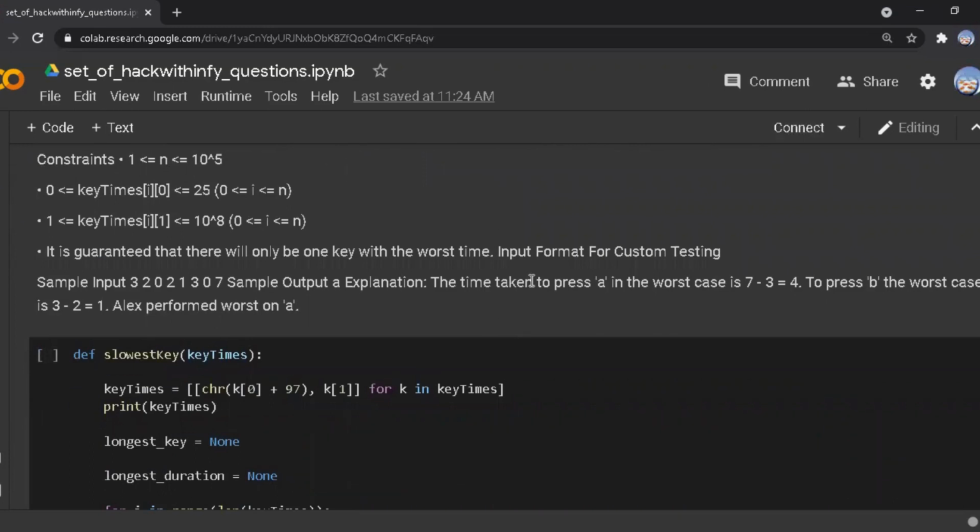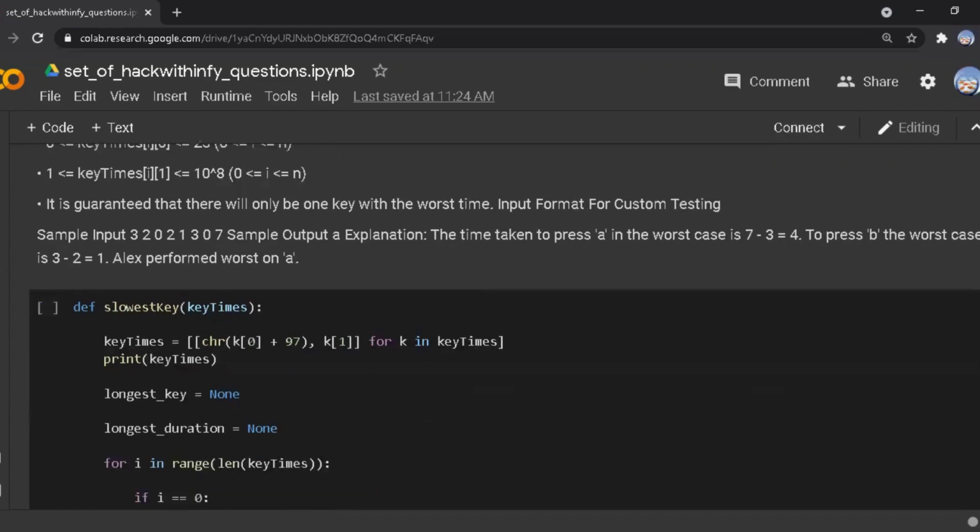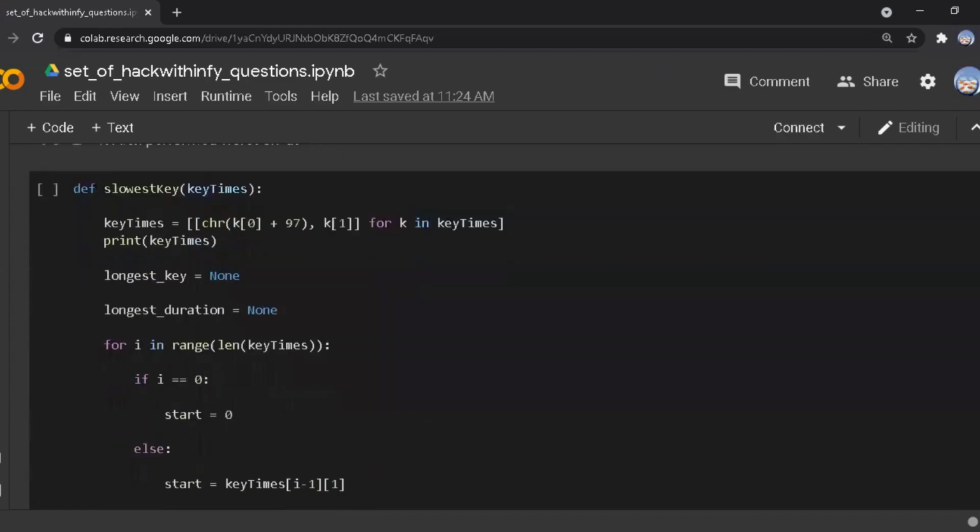That means if 6 is the greatest, which takes more time to press, then A and C will not both have 6. Only one key will have that 6. So that kind of question is this function, slowestKey.